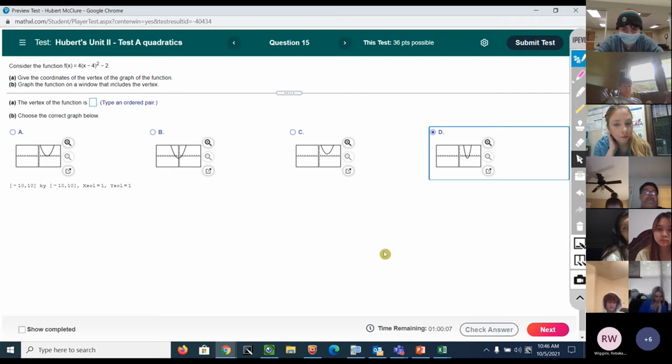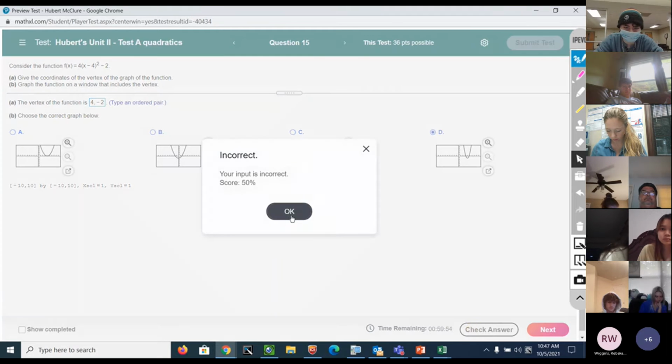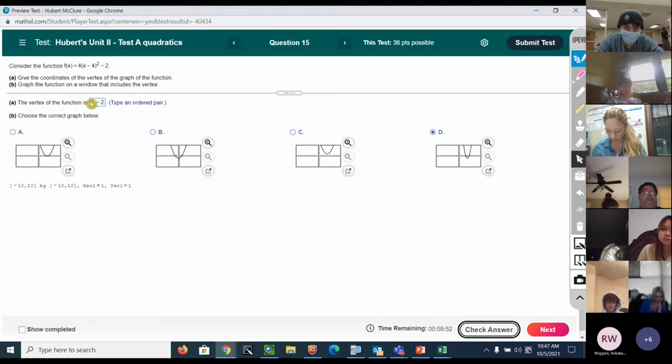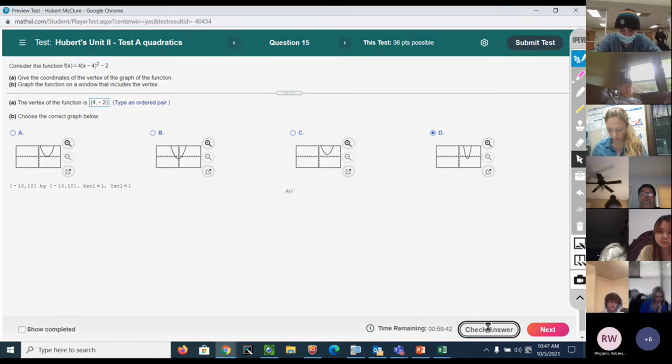Looks like D. Be 4 to the right, comma, -2. And they want parentheses probably around this. Make sure you put your parentheses. Next,